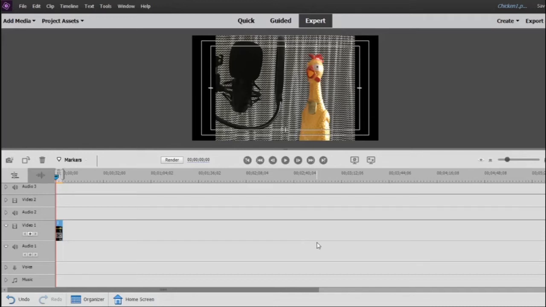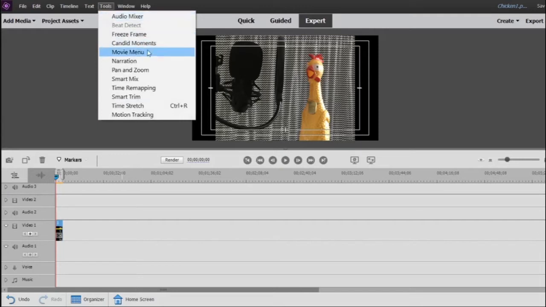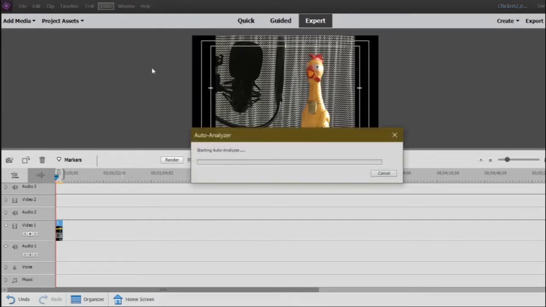So sometimes in Adobe Premiere Elements 2020, you don't have a video clip, but you have a picture that you've inserted into the video clip editing space, and you want to make the image have more motion. And this can be accomplished quite easily by using a pan and zoom up in Tools. If we drop down the menu and select Pan and Zoom right here, it'll bring up a space where we